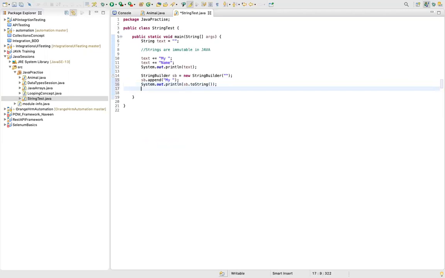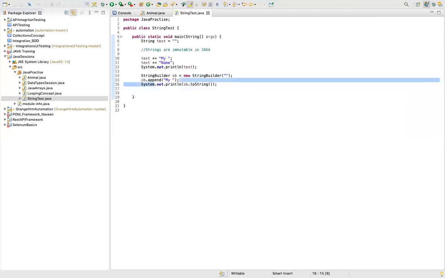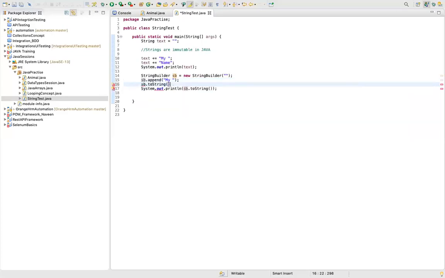Now, I have already printed. Okay, so let's say my. So it is printing my. There are various ways. What you can do is you can say SB dot toString, and then you can save this into a variable, text new.